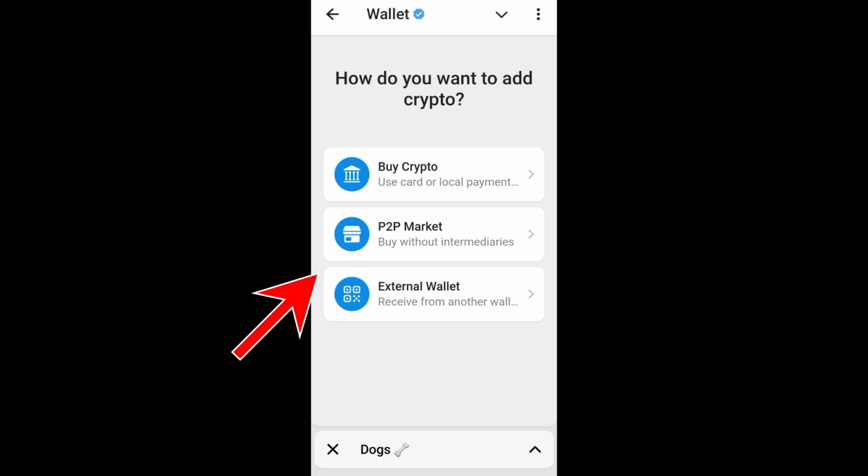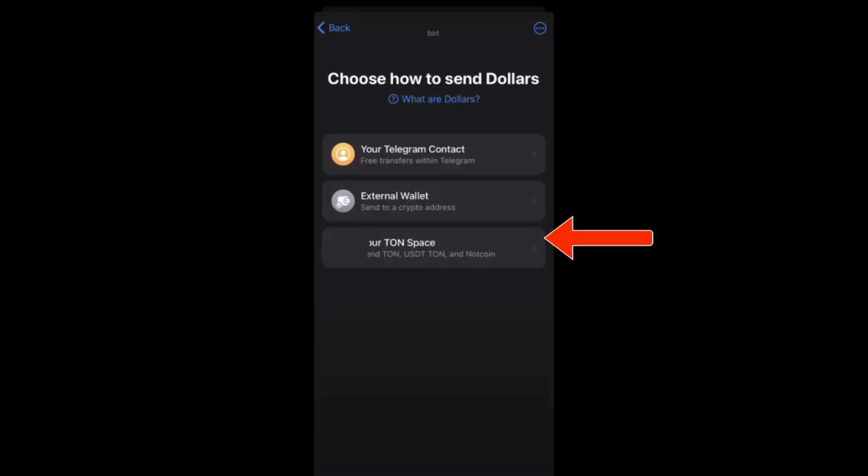Once you tap this, then you have to choose how to send dollars. Okay, so if you want to know what are dollars, you have to click this question mark icon right here. You can choose your Telegram contact, free transfers within Telegram. You can ask a contact for that, or external wallet, sent to a crypto address. Or if you have your funds on your TON, USDT, TON, and Dotcoin, you can simply tap this your TON